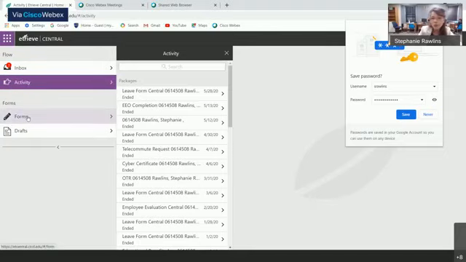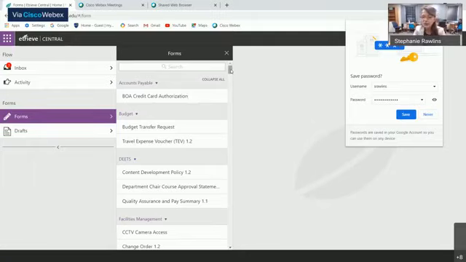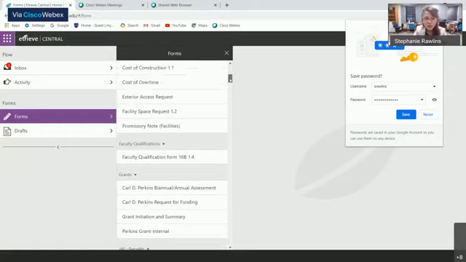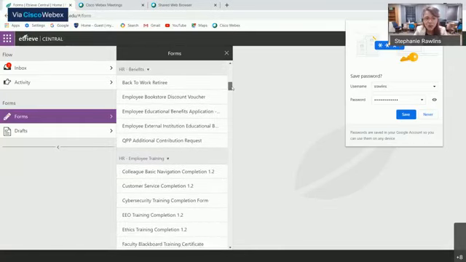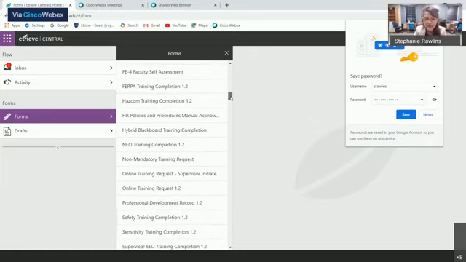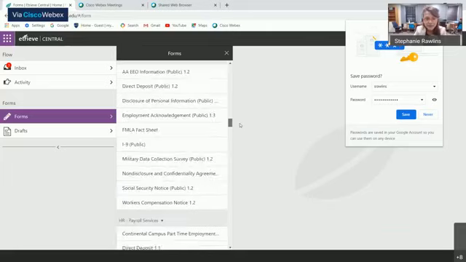We're going to go to forms right here. Now, it might be overwhelming. You're going to see a lot of forms here that may not make sense, but we're going to bypass that. You are only concerned with forms for students, which usually will start with an ST. So I'm going to scroll slowly so you can get an idea. You're not interested in HR or employee stuff. We're going to bypass all of that